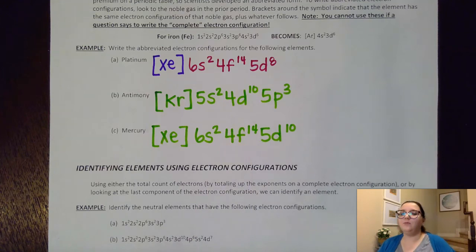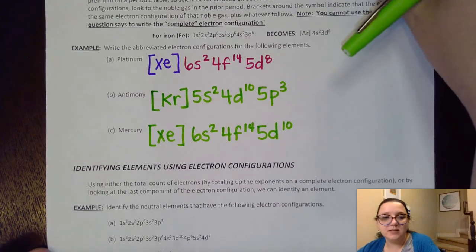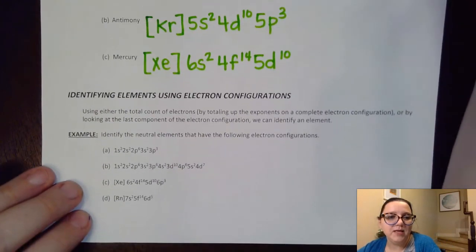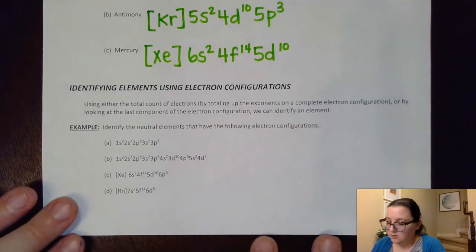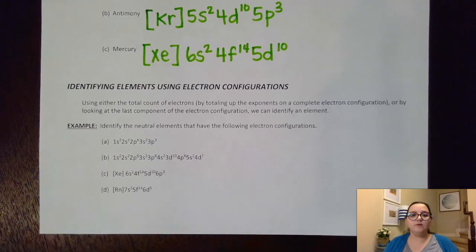Okay. All right. With that said, the last section that we're going to look at in this video is identifying elements using their electron configurations. So often you are already given an electron configuration and asked to figure out what element you have. And there's a couple ways to approach that. First off, if you know for a fact that these are what are called ground state electron configurations, meaning that all of the electrons are exactly where they're supposed to be, nothing's out of order,